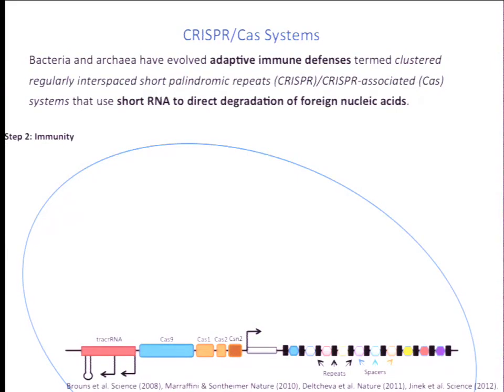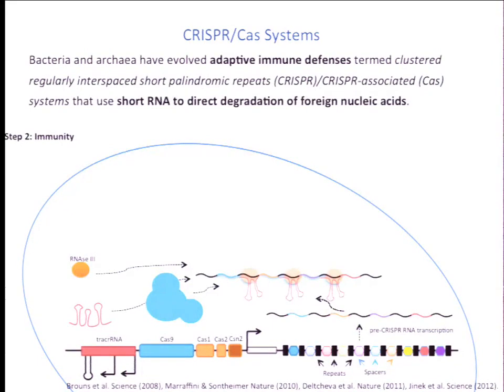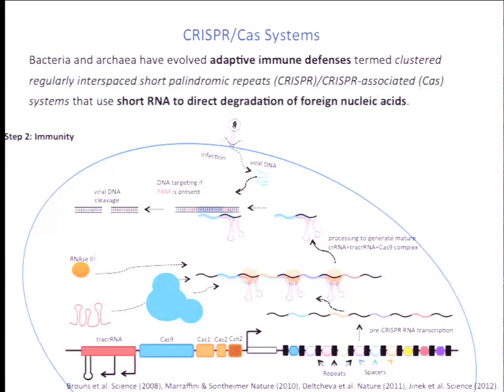And the way it is believed to occur is that this repeat spacer region is transcribed into a pre-CRISPR RNA. And this pre-CRISPR RNA can then associate with a large protein called Cas9 and a small RNA called the tracrRNA. And together they can form a complex on this pre-CRISPR RNA and process it to create this final functional surveillance unit of the CRISPR-Cas system. So this surveillance unit comprises the large protein Cas9 and the spacer incorporated in the CRISPR RNA and the tracrRNA. And now if there's a repeat infection from the virus, then this surveillance unit can survey the viral DNA molecule. And if there is a match between this spacer sequence and a corresponding sequence in the viral DNA, then it can effect a double-stranded break and result in viral DNA cleavage.